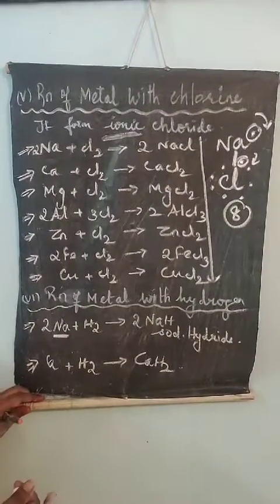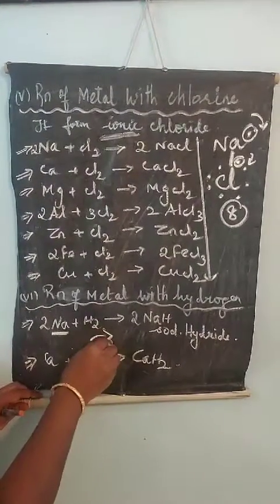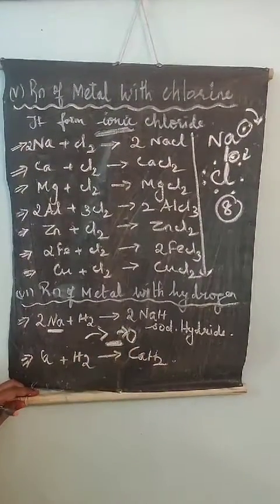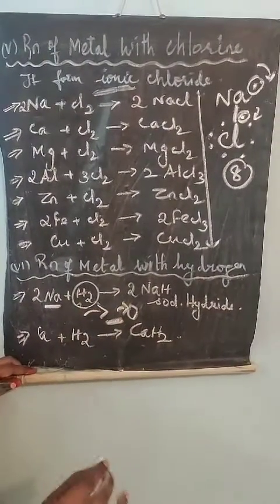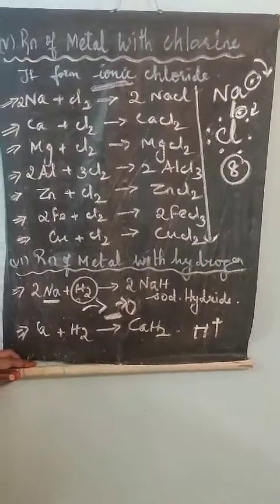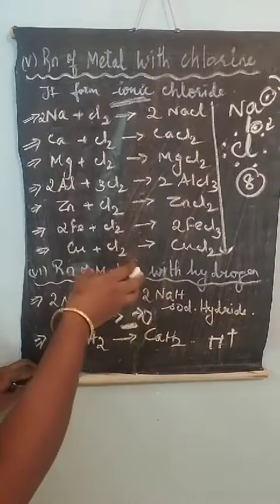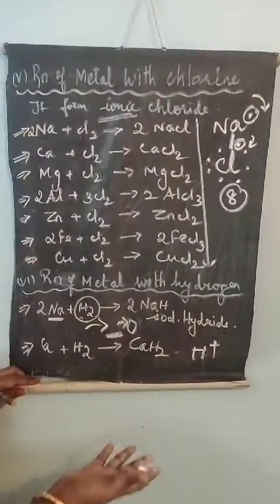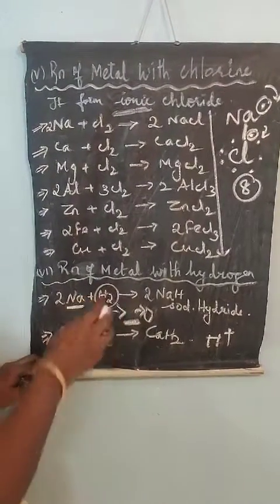So here what happens is, whenever a bond needs to form, one electron will be donated and the other element will gain that electron to form a bond. For example, when you take hydrogen, hydrogen always has the capacity to form H+. That is, it gives one electron and forms itself H+. But here, when a metal is allowed to react with hydrogen, the metal itself gives an electron, and this hydrogen will also give an electron.